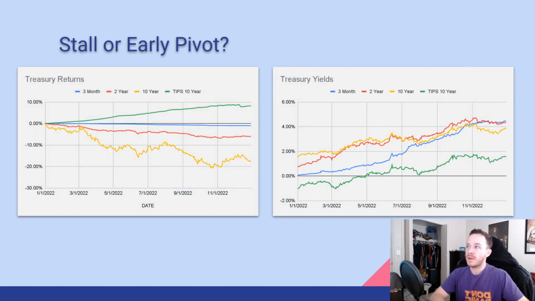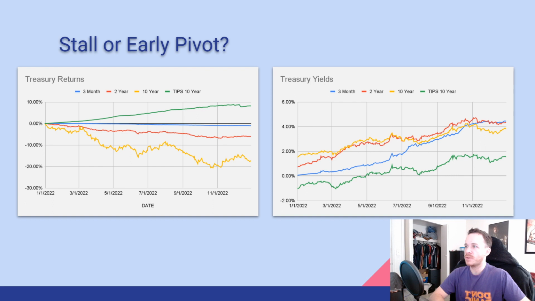All right, so starting with the treasury returns, in some of the previous return update videos on this channel, I actually had a mistake in the calculation of the annualized returns for the treasuries. There was a problem with the duration part of the calculation. So in previous videos, I had the returns for the treasuries a little mistaken, but I do believe I have them correct now. As you can see, the TIPS was the obvious outperformer, being up not quite 10%, but like 7 to 8% or so,